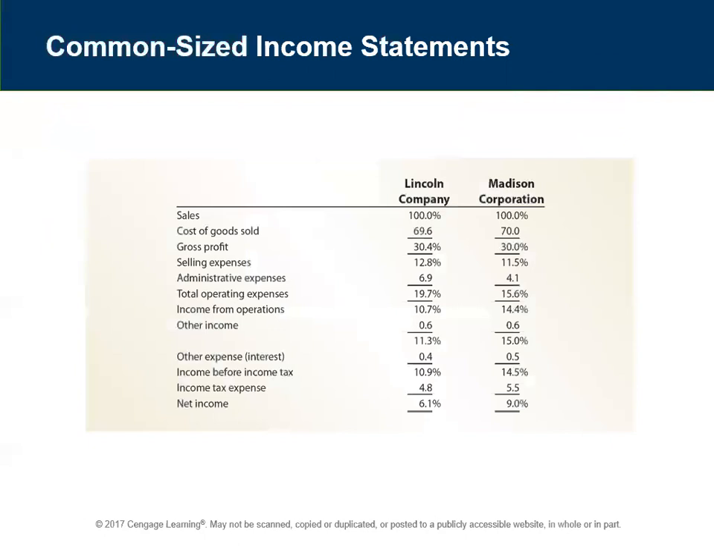We can see the gross profit percentage is just slightly higher for Lincoln. Everything's pretty close though. We can see net income though. Notice it's a lower percent for Lincoln Company than Madison. And so we'd look at, well, why is that? And that's due to income from operations being a little lower, which we could trace back to operating expenses being